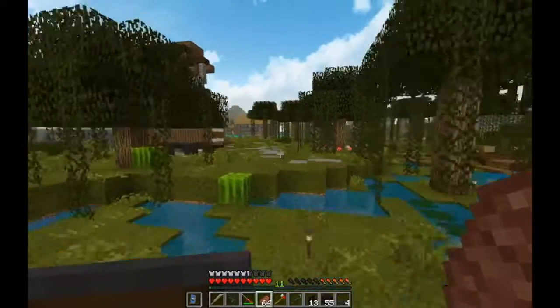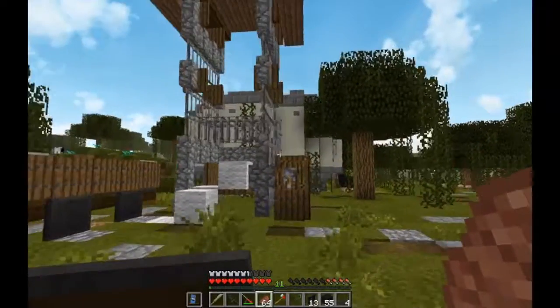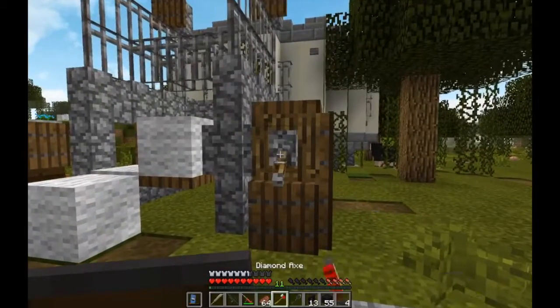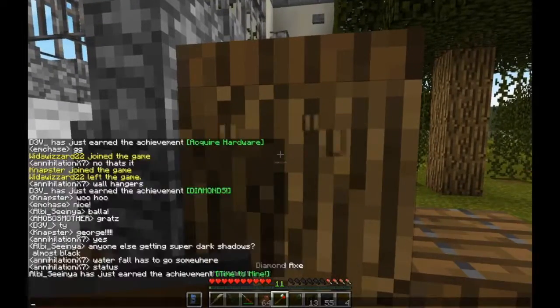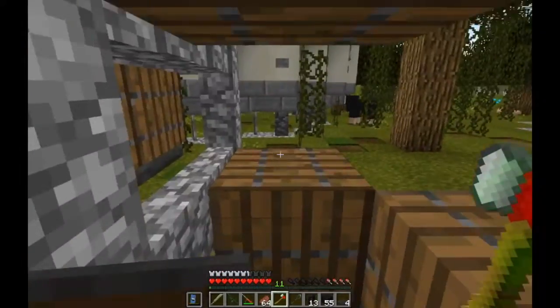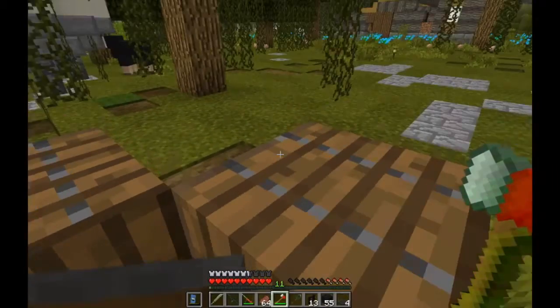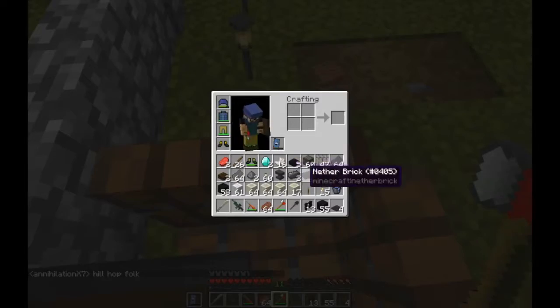Here we are with our new contraption. This is a little elevator I made. Now, we're going to make a couple little edits to the elevator here. First of all, we are... Oops. Got some new people on here. It's very exciting. Okay. So, the first thing we're going to do